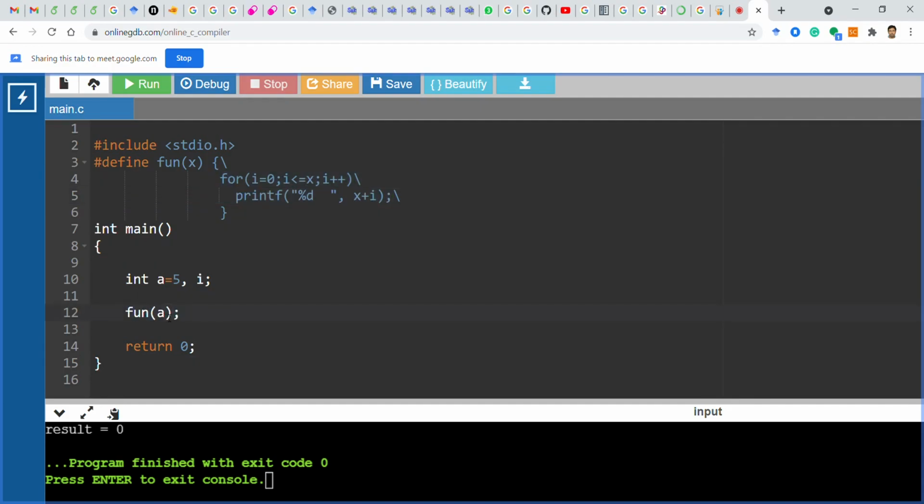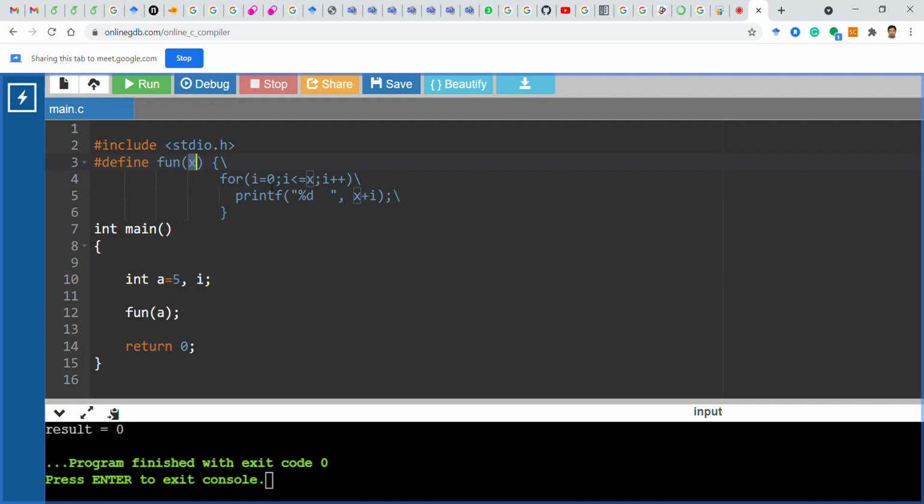And here this A is the argument. Remember, this fun is not a function. This is a macro defined in such a way that, considering this argument A, whose value is 5, this X is basically 5.